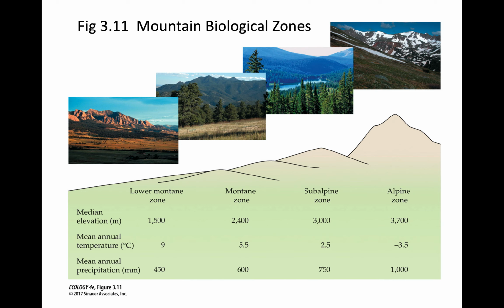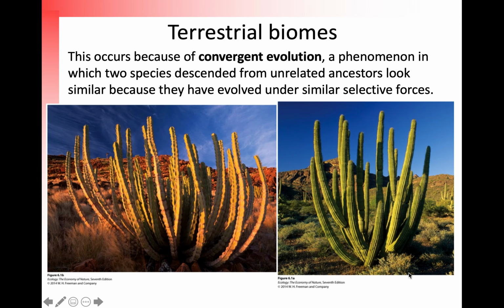And what you can see is as you increase in elevation, what happens to the temperature? It predictably goes down. That's the lapse rate. We talked about the fact that that's due to things like there being fewer molecules present once air expands that high. Mean precipitation also goes up. So we can use a predictable relationship like that of temperature and precipitation to make some predictions about where vegetation